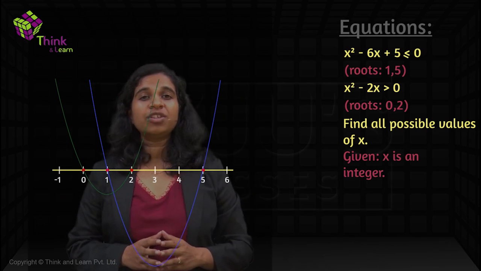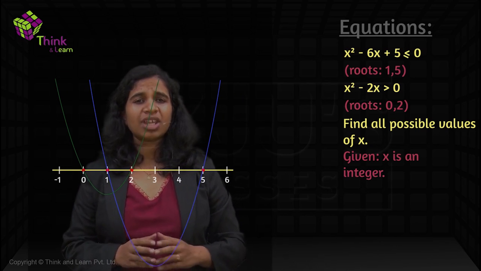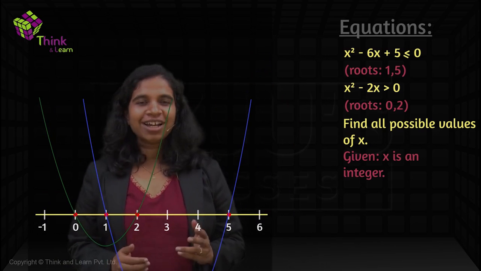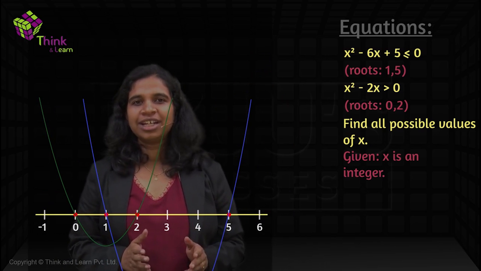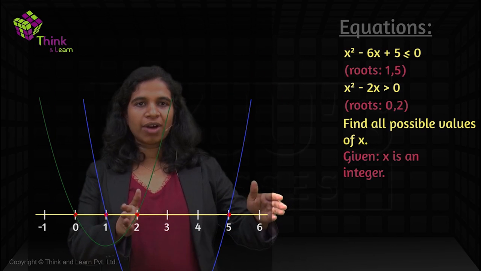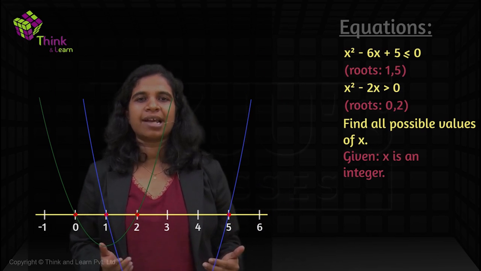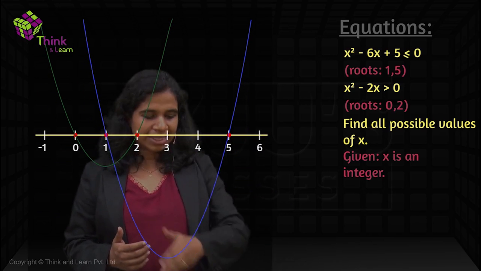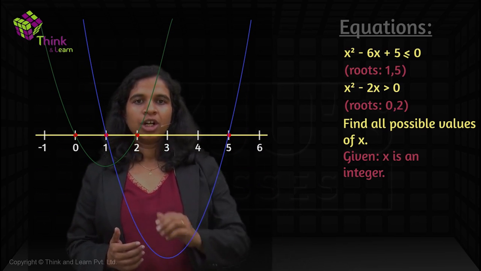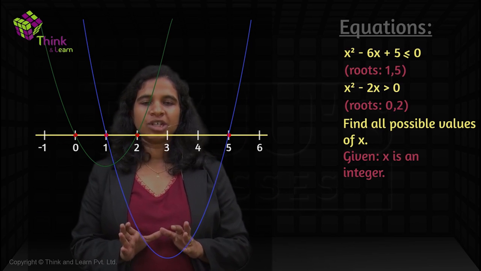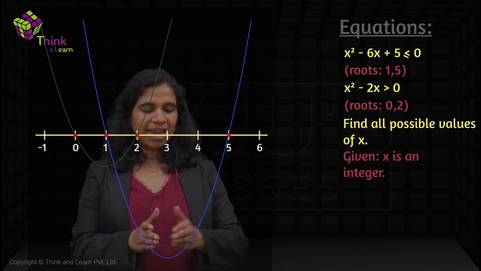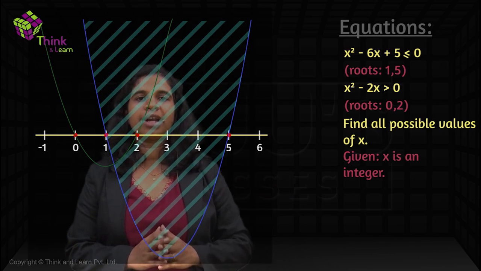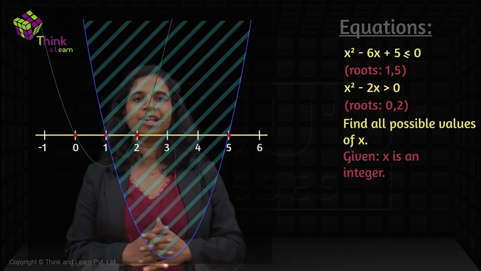Now, in the case of the first equation, the blue one, look at the graph. Where is this equation negative? It's negative between 1 and 5, right? Negative is nothing but below the x-axis. Where do you see the graph going below the x-axis? Between 1 and 5. This entire region is negative. We are only concerned with the values of x. What values of x are these? Everything between 1 and 5. So let's just shade this part. Everything between 1 and 5 is going to satisfy my condition 1.